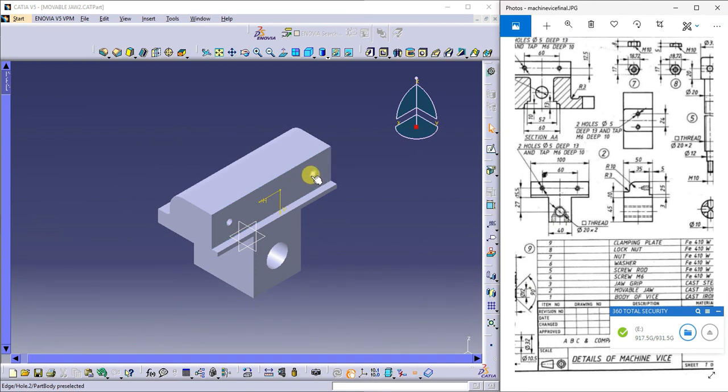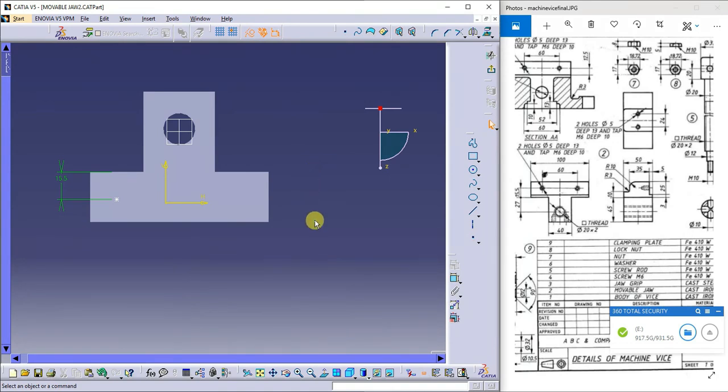Now I need to do a small correction for these two holes, because these two holes are located at a distance of 60 mm. What I do, I'll click on this hole. See here, I have given only this dimension. I have not given the distance of this hole from the mid plane. So, for example, this hole is at a distance of 30 mm from the mid plane.